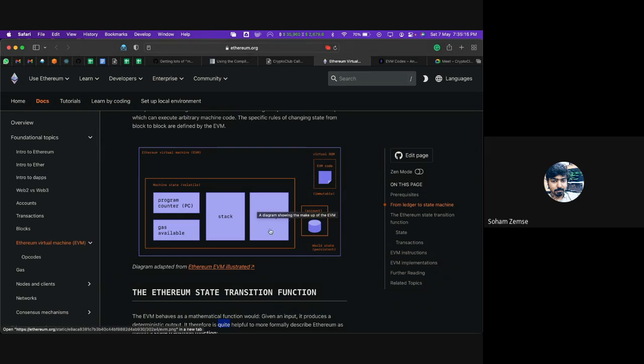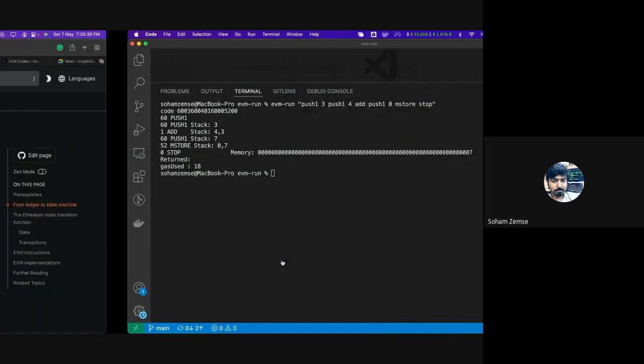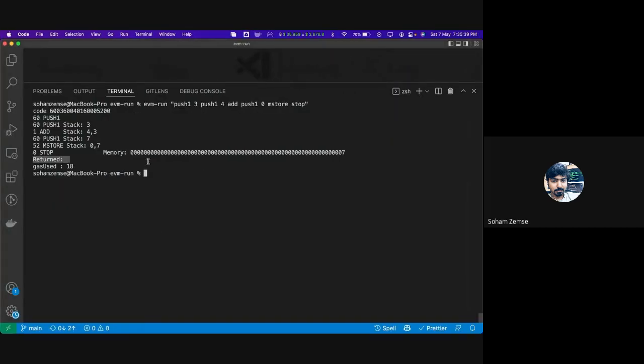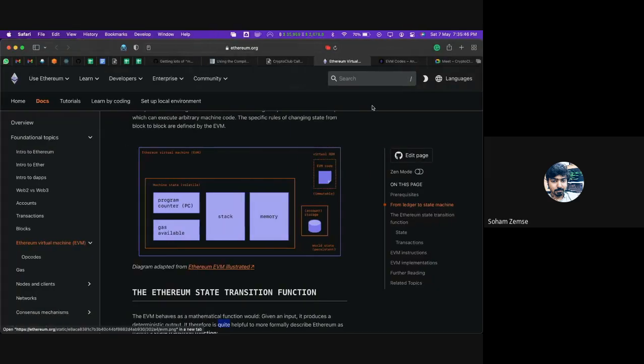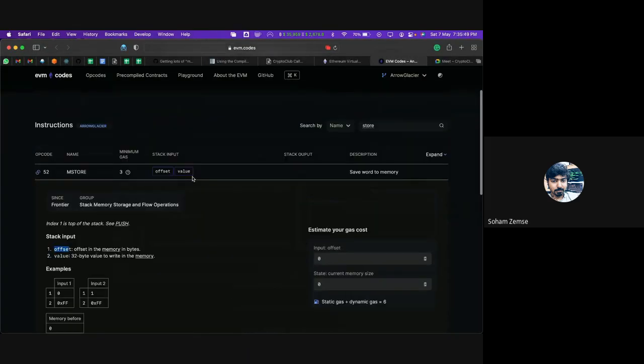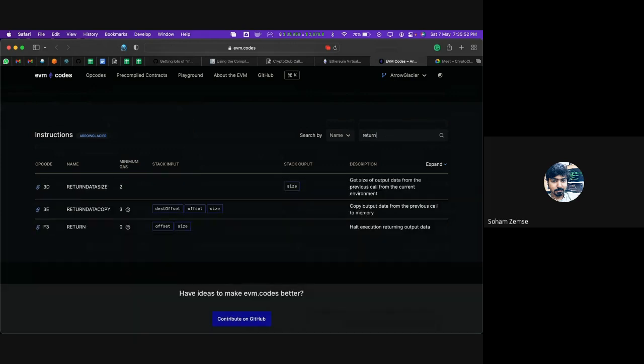Though it's not shown here, just like this EVM code is one place, there is another place called return data, and it is similar to how memory is. So it is also one place in EVM. If we copy anything over there, then it's considered as the return data. So it would be mentioned here. And right now, let us try doing that. We will just say that we want to return something, and to return something, there is one return opcode in